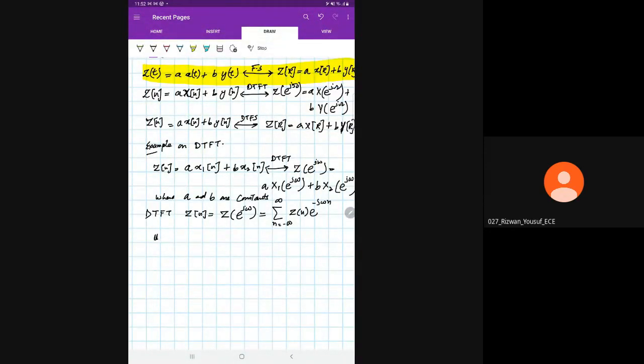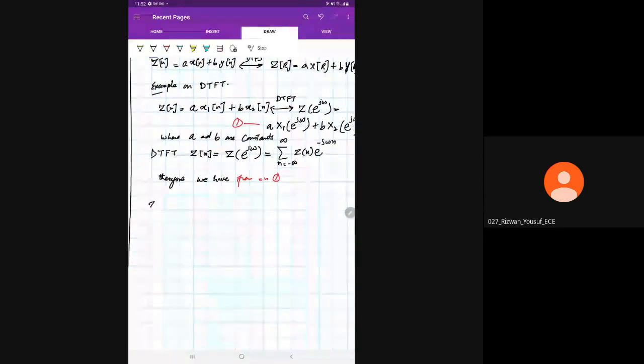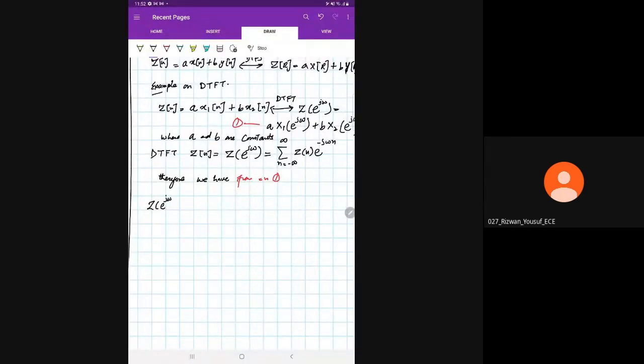So from equation 1, we can write Z of e raised to the power j omega will be equal to the summation